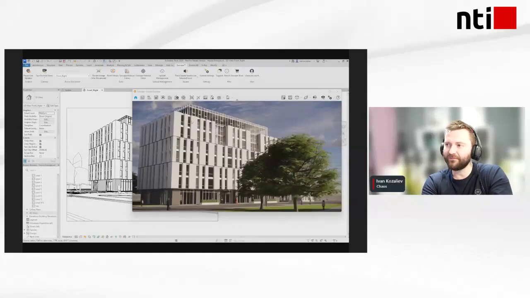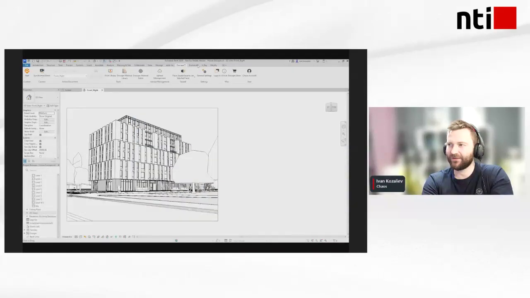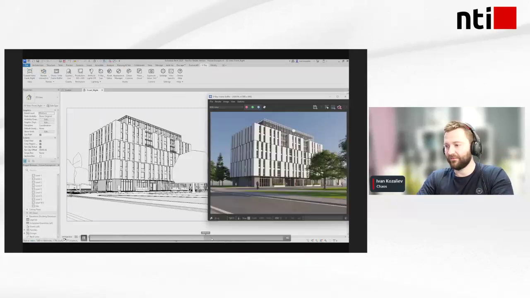If we already have the Enscape project available and everything prepared, and we just want slightly better results, we just need to go to V-Ray, select the camera we want rendered, and click the render button. That's all.